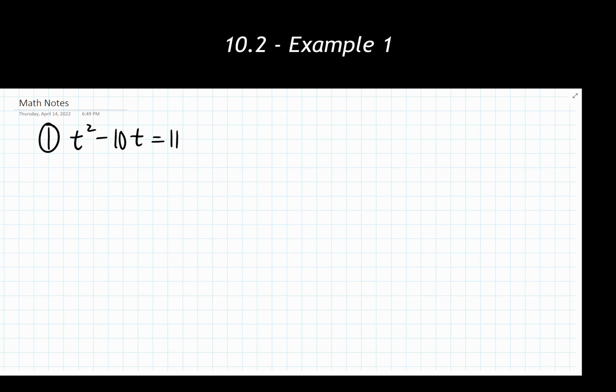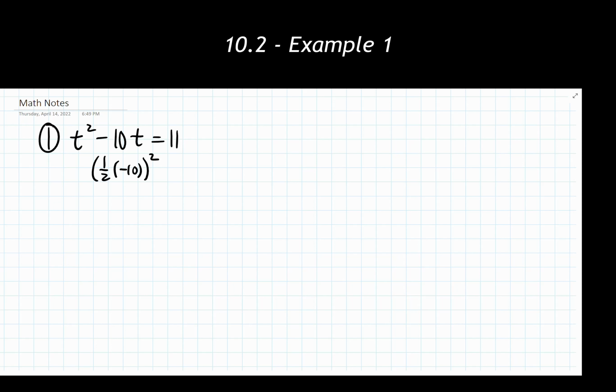Step 3 then says from the variable terms, we're taking half of the b value and we are squaring it. So I'm going to identify that the b value here is this negative 10. Remember that it's the number and the sign that's in front of it. Now my recommendation when you are doing this, make sure you are writing these steps out. Again, we have a shortcut that shows up with this later on in the problem. So I'm taking half the b value and squaring it. I'm going to then add that result to both sides of the equation.